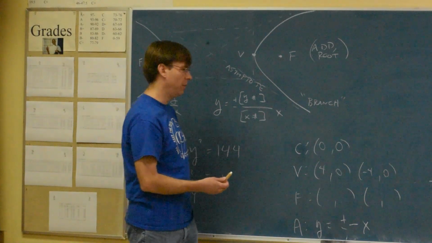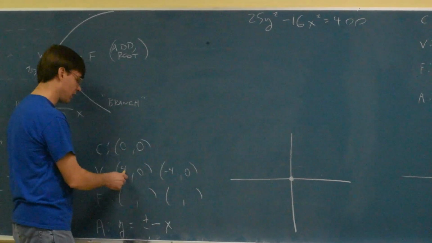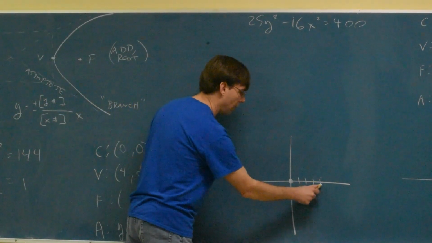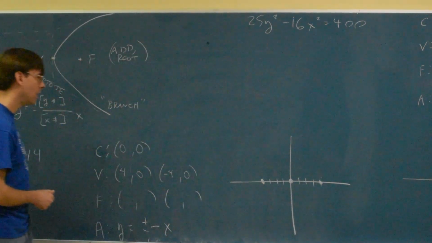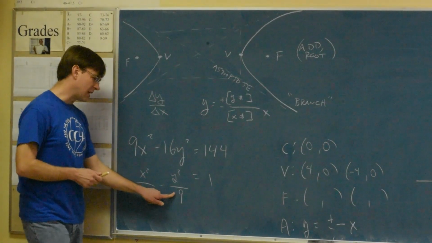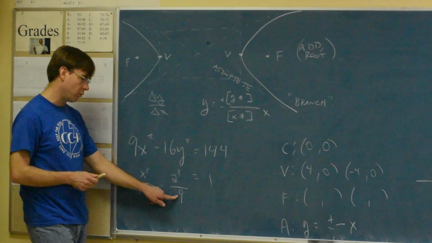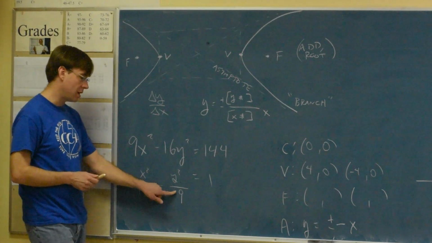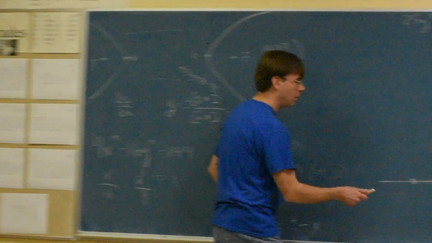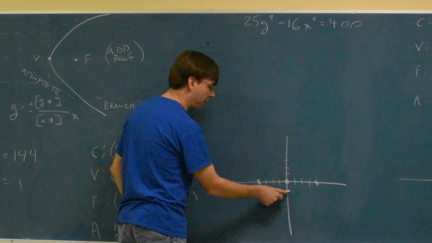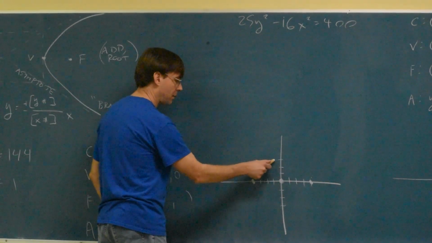And I might as well graph while I'm doing this. So center at the origin is here. Vertices of 4, 0 and negative 4, 0 are here and there. And while I'm looking at this equation, I should think about the same thing I would have thought about with ellipses. Y squared on top of 9, we would have done a root of 9 to have a 3. Y being 3 would be up 3, down 3. That is not going to appear in our list anymore. But when we go to do our graph, we are going to need to go up 3 and down 3, not to make an ellipse, but to make a box